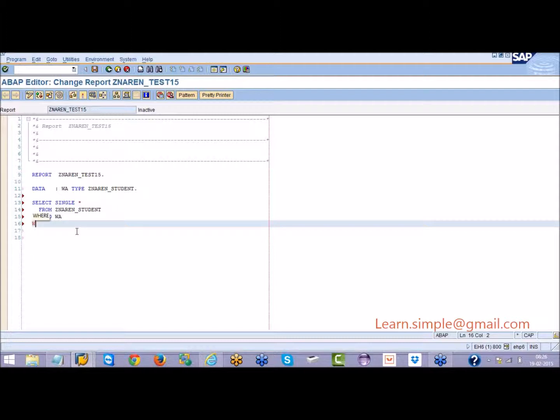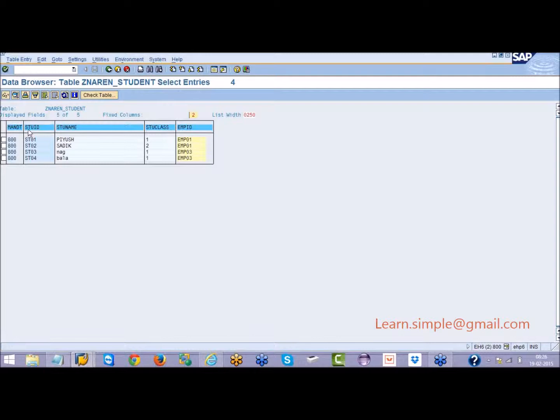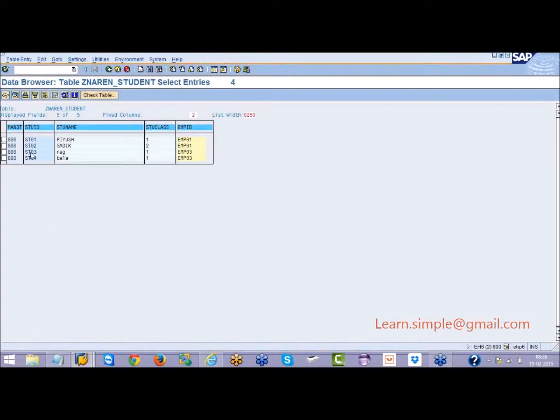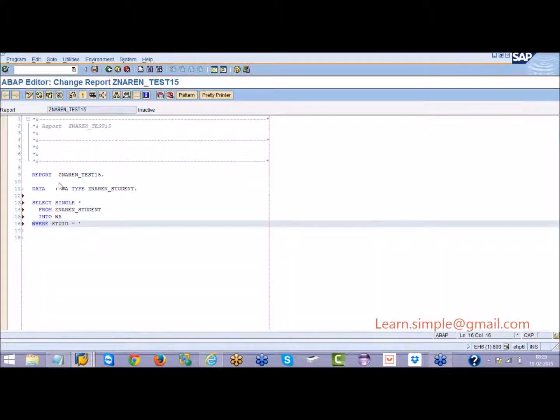You can say something like this, where my field name, that is student ID, equal to ST02. So this is my syntax. Whenever you want to bring some data from the database table and put it into your work area, make use of this syntax.